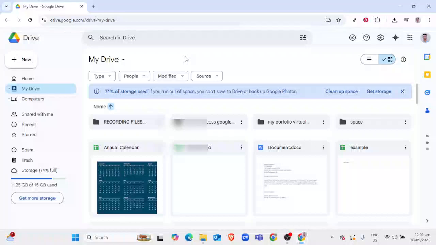In today's video, I'm going to teach you how to edit access to anyone with the link on Google Drive. In recent times, sharing files on Google Drive has become immensely convenient, especially when collaborating with others. However, managing who can view or edit these files is crucial to maintaining privacy and control over your documents. So, let's dive into the process of adjusting access settings to ensure your files are shared just the way you